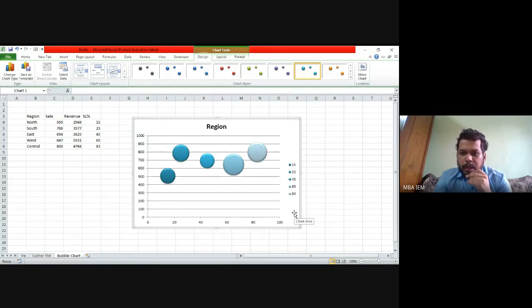So this is basically how we visualize bubble charts, and the significance of a bubble chart is to plot three variables when we are analyzing the relationship between three variables. In terms of time series measurements, bubble charts are at times used, like when we are signifying in which year which country has how much population. Those are also scenarios where we use a bubble chart.